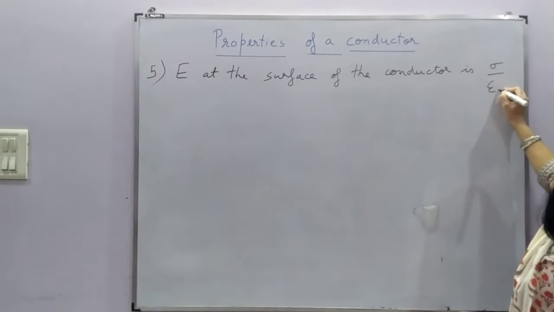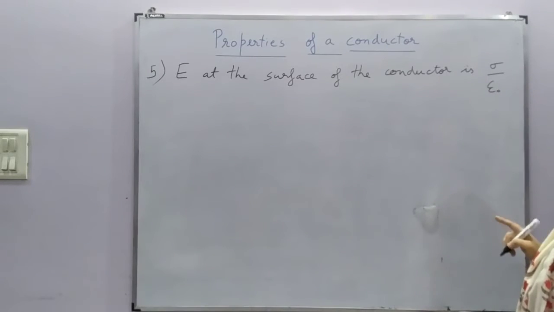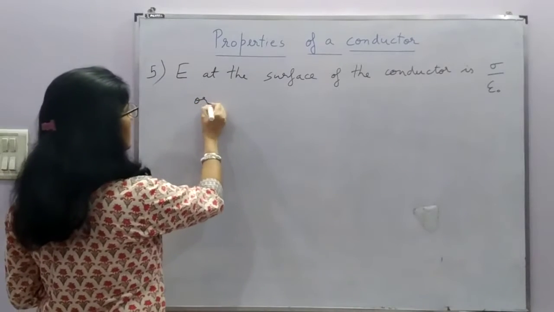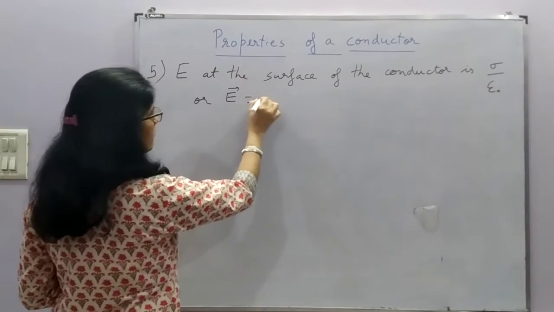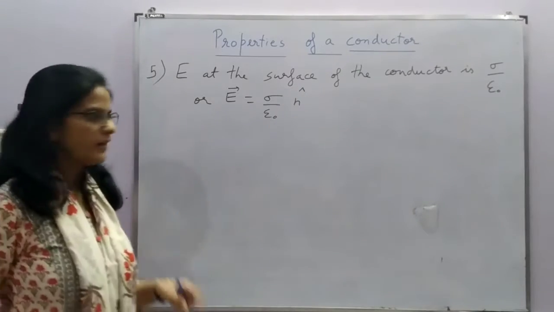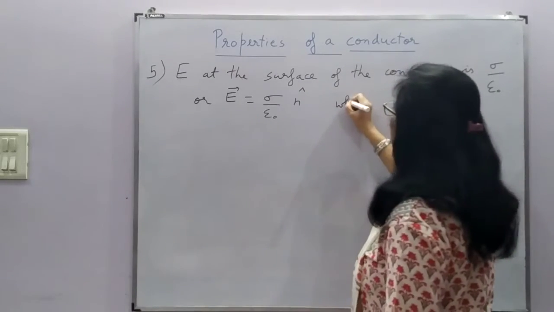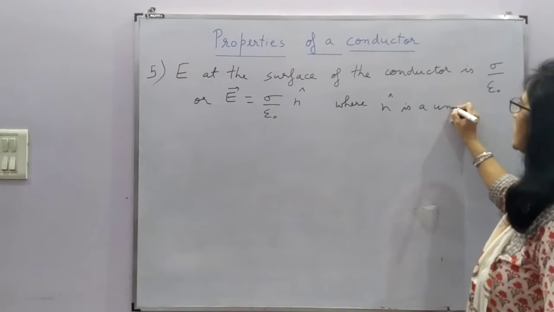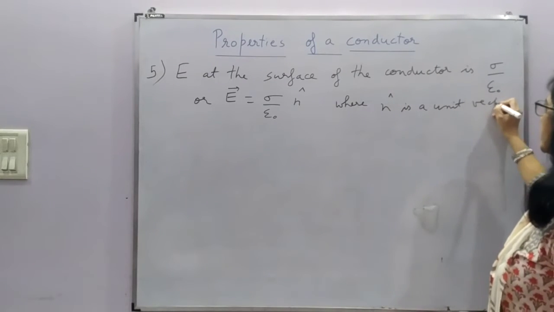Sigma upon epsilon naught, and it is normally outward to the surface. Or if we talk about the vector form, this can be written like this, n cap, where n cap is a unit vector